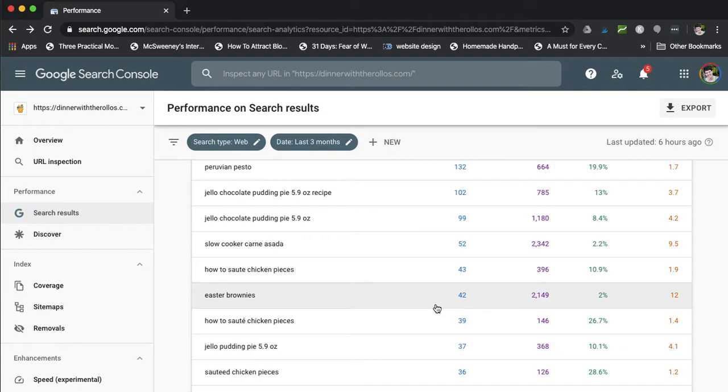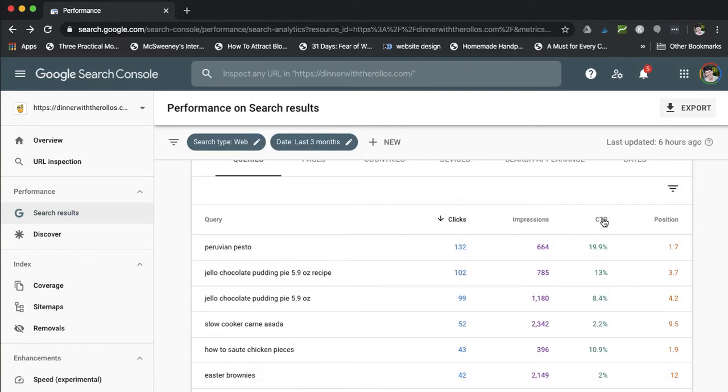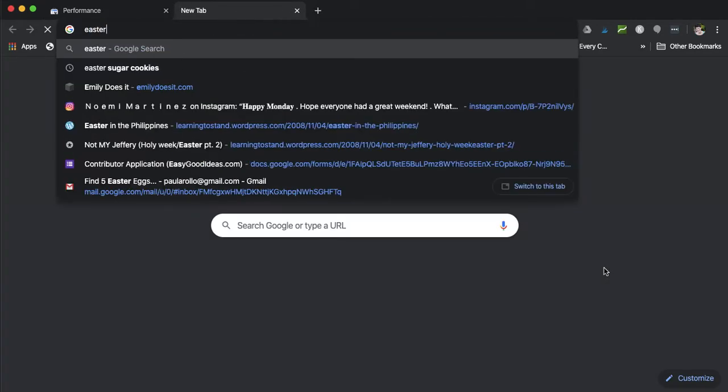And so if I were to update those three things, I could convert some of these impressions into clicks, because right now a 2% conversion rate, which is what this is telling me, click-through rate, CTR, is not good. That's a poor number. So let's just look at Easter brownies just for the kick of it, and we can see how